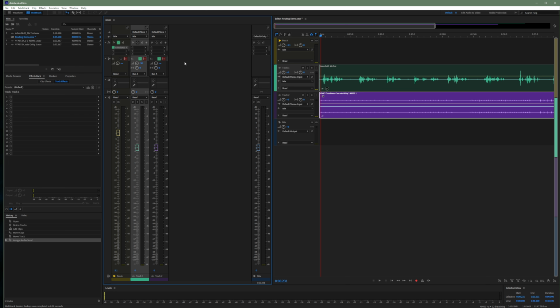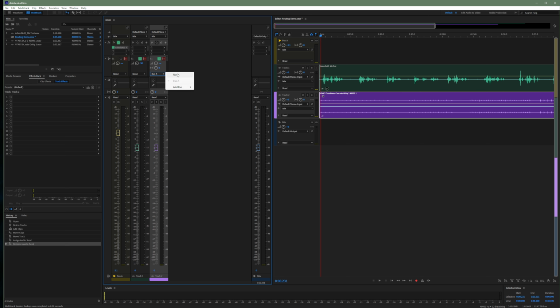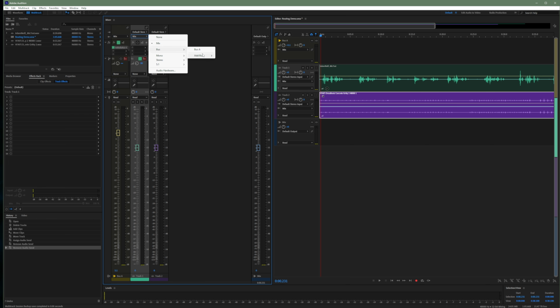When you look at this, it kind of looks a little familiar, right? So you have your inserts, you have your sends, which let me just turn these to none for now. And then up here, you have your inputs, you have your outputs. And similar to how we did it in Pro Tools, I'm going to go to the outputs first and go down to bus A,